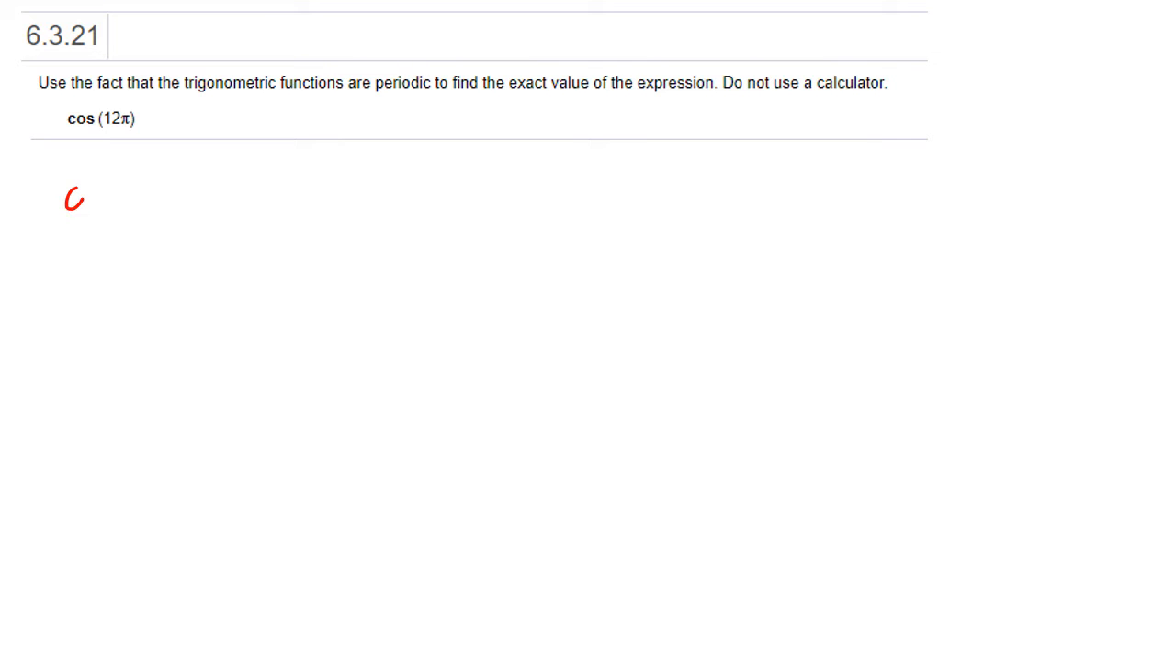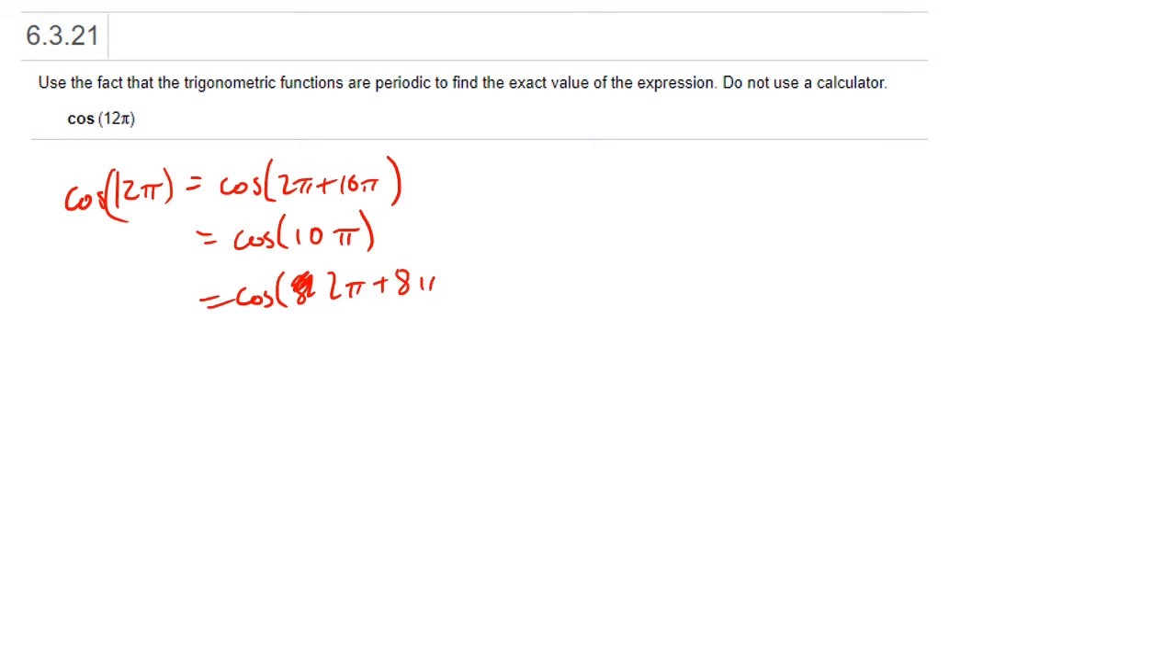Cosine of 12 pi is the cosine of 2 pi plus 10 pi. I get to ignore going all the way around, so that's the same as the cosine of 10 pi. Well, that's 2 pi plus 8 pi. I get to ignore going around once, so this is the same as the cosine of 8 pi. But 8 pi is the same as 2 pi plus 6 pi. I get to ignore going around once, so this is the same as the cosine of 6 pi,